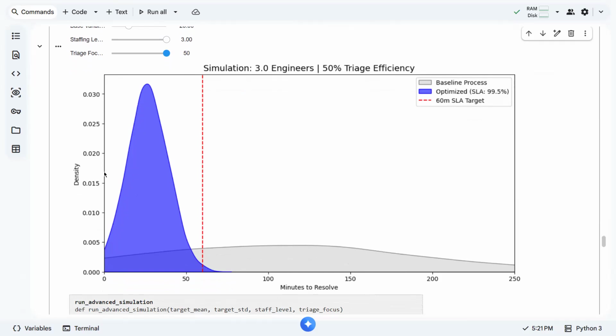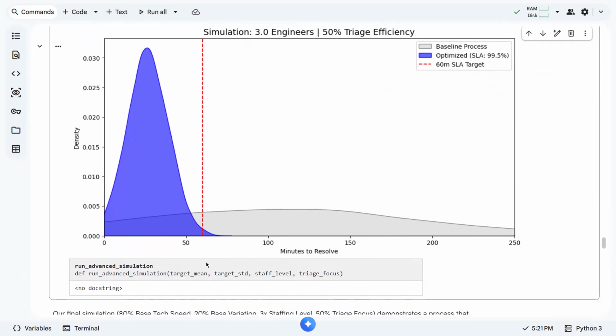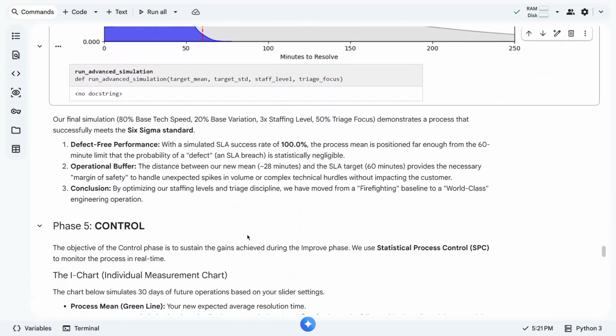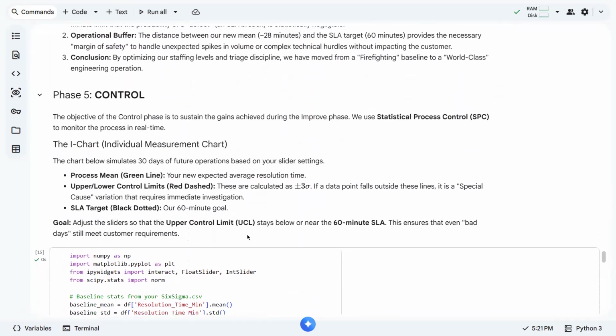So that is what Six Sigma is all about. We want to improve our process so that we can have less defects. Anything that goes beyond here will be considered as defects. Everything that goes beyond 60 minutes of resolution time is already a defect.